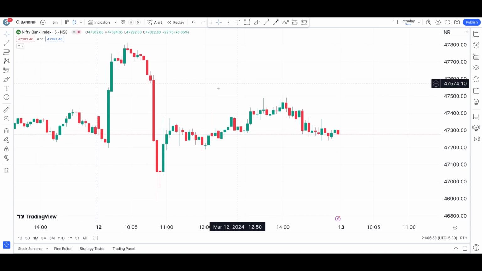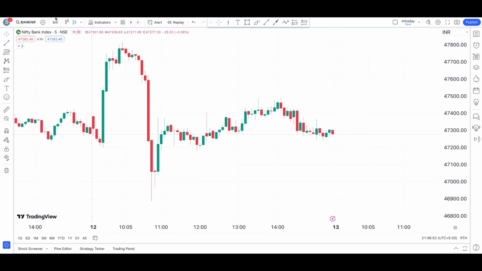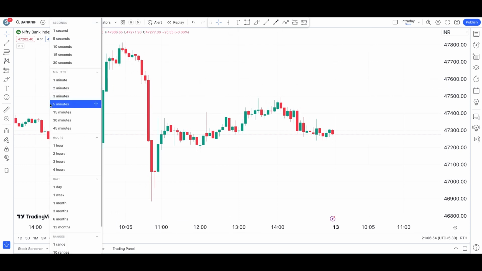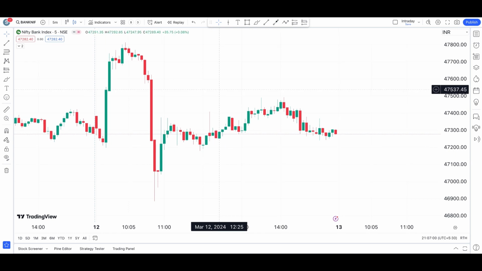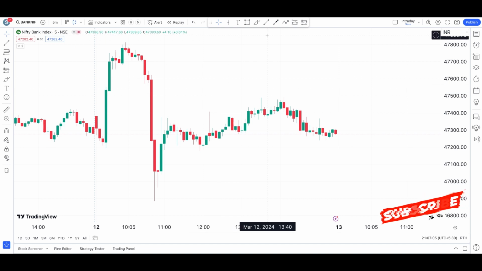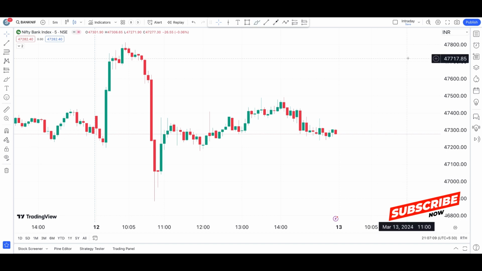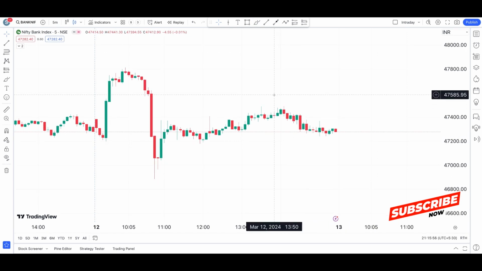So here we have the price action of Bank Nifty on a 5-minute time frame. As you can see here, it's a 5-minute time frame. So today is March 12th, and in this video we are going to discuss the post-market analysis of Bank Nifty and important takeaways from the price action of Bank Nifty and Nifty. After that, we're going to see how Nifty and Bank Nifty have performed based on a daily time frame, so that we'll understand how it is likely going to perform for tomorrow.